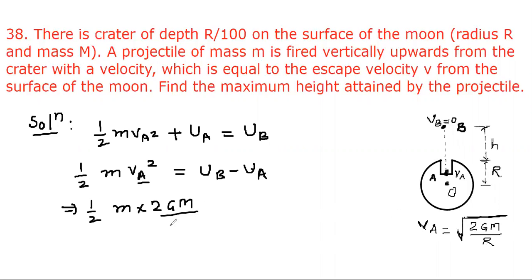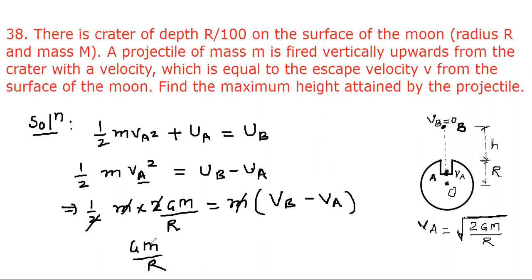divided by small capital R, and this can be written as m times the potential at B minus the potential at A. Now m will cancel out and 2 will also cancel out, and then we will be left with GM upon R equal to the potential at B minus the potential at A. Now let's proceed. So the next step will be